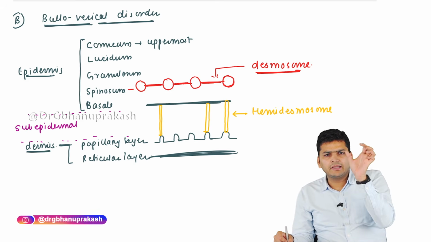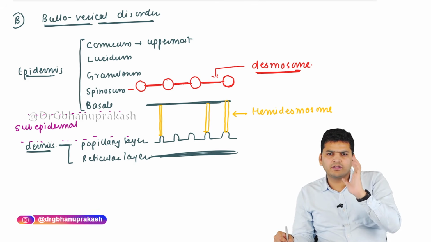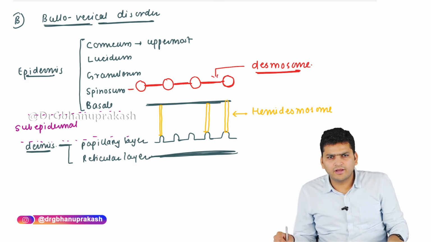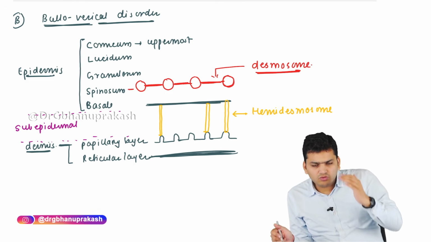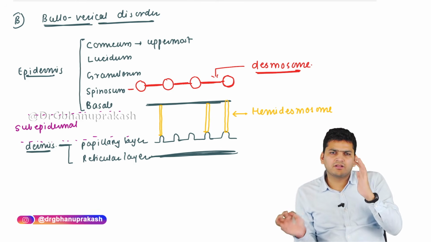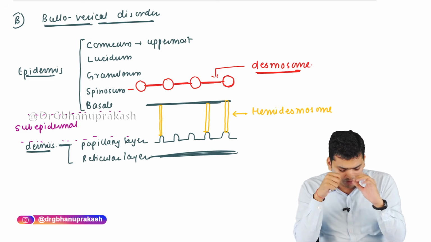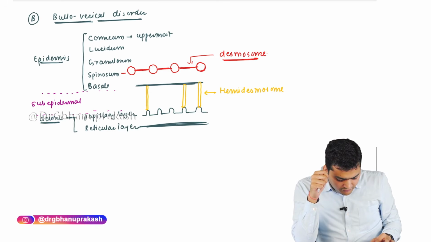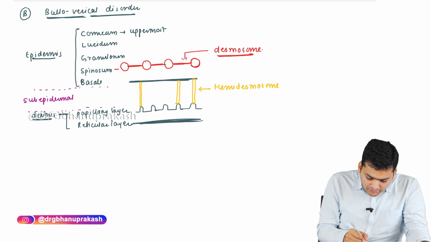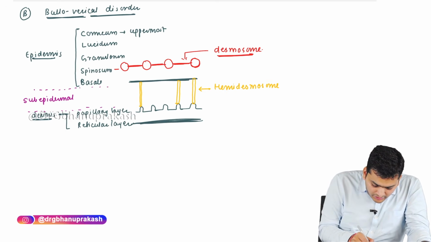Desmosome is there in the epidermis, right? It is in the stratum spinosum. The cells are joined by that. Whereas hemidesmosome, it is between the epidermis and the dermis. There is a link between that. That is the yellow color molecule in the diagram. That is the hemidesmosome. Now, once we have this orientation, sometimes what happens is that autoantibodies are formed against